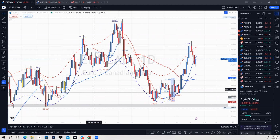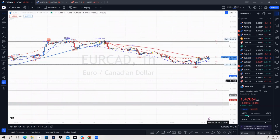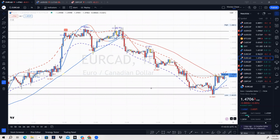Another buy and sell signal that you see is going to be your retest, sell, and buy alerts. Okay. We usually use that for our entries on our 1-hour time frame. So whenever we want to enter into the market, we're going to look for a retest, buy, and sell. So in this example here,